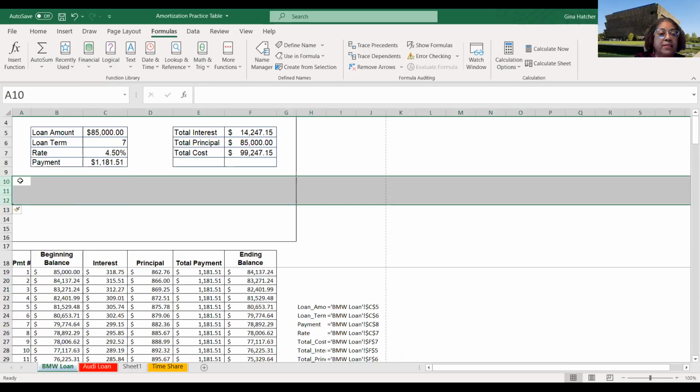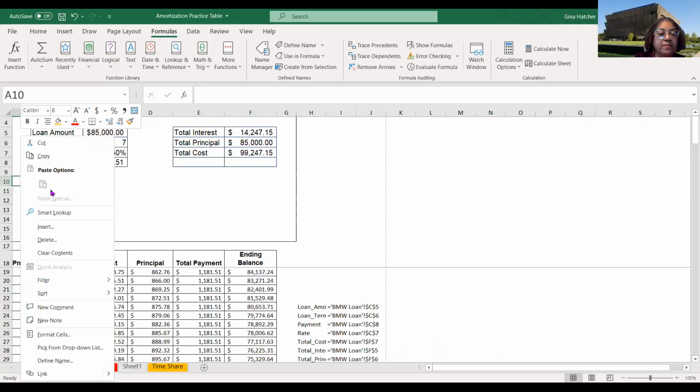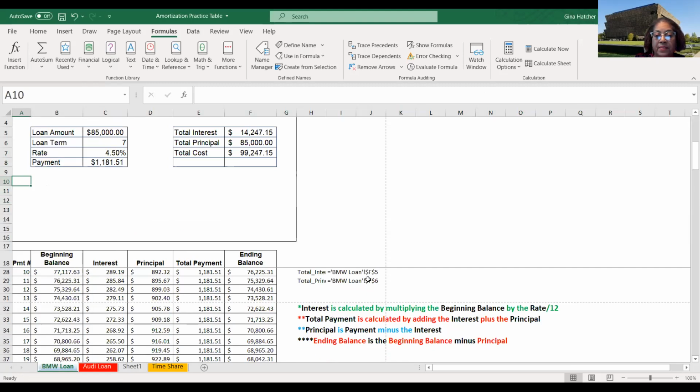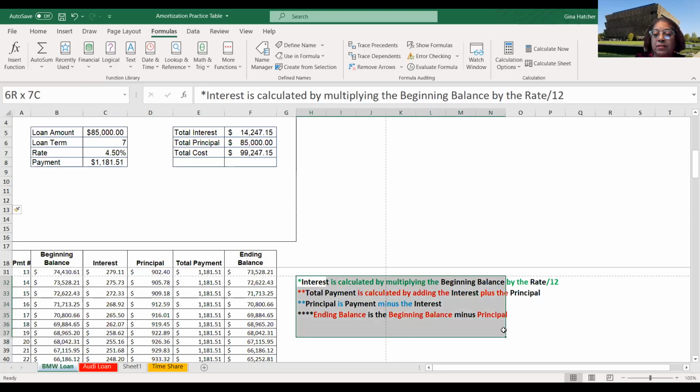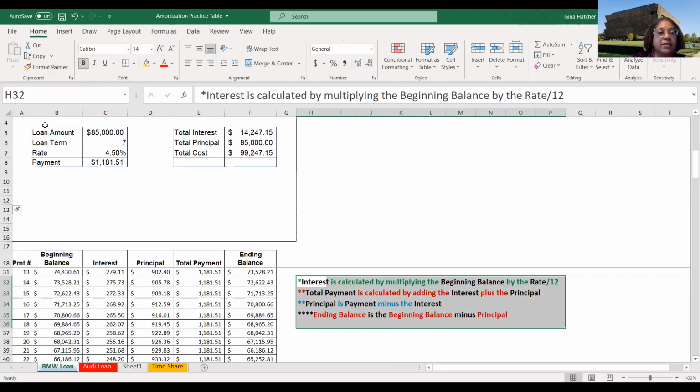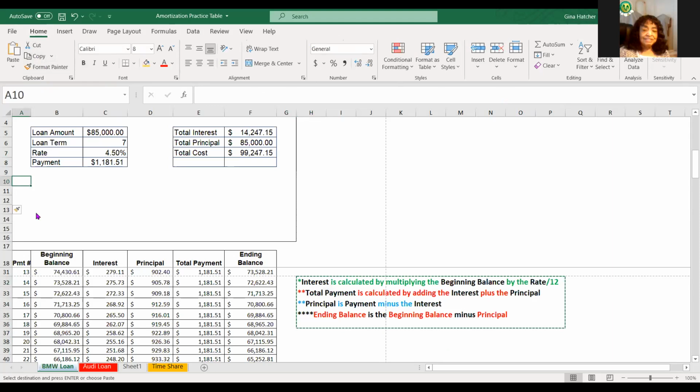Okay, so maybe now I can paste it. I gotta copy it again. Let's see, do I have this on more than one? Well, let's see what happens if I copy it this way. I think it's on more than one, so I had to copy the whole thing. Okay, so let's see. If I copy and then paste. Yeah,